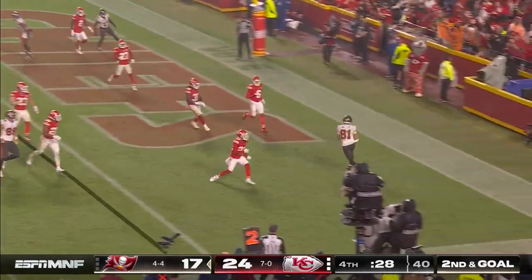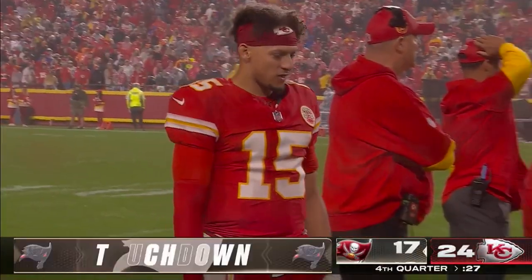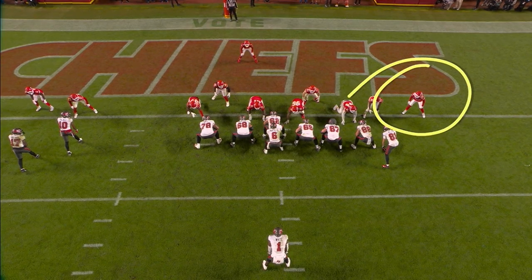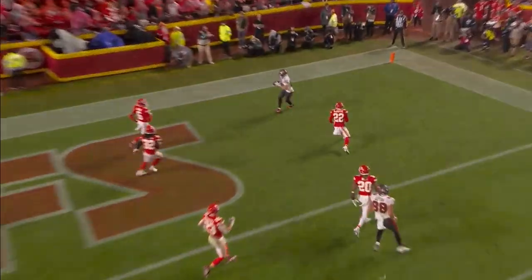Fake the handoff, wide open, touchdown Ryan Miller. For Ryan Miller has the Buccaneers within 1. Well, there's Miller and McDuffie. He's looking in the backfield, and it's...